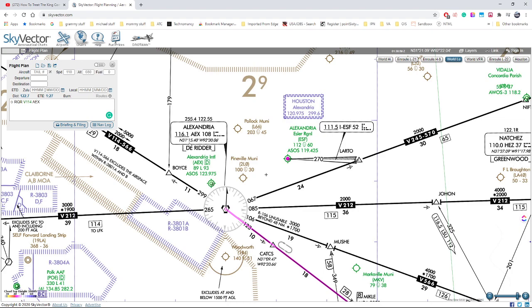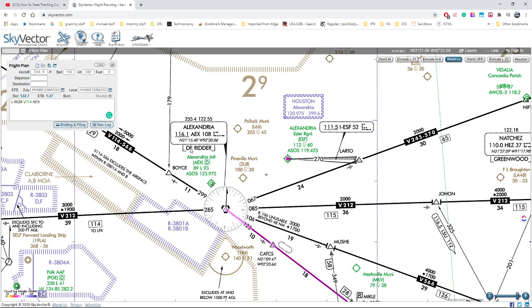The third line here is the actual lat long of the VOR. Then below this is the flight service station that you would call for weather briefings